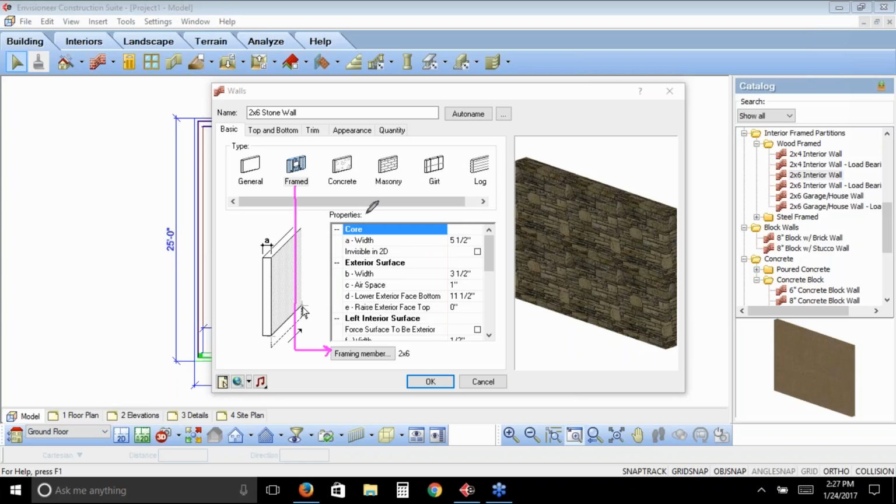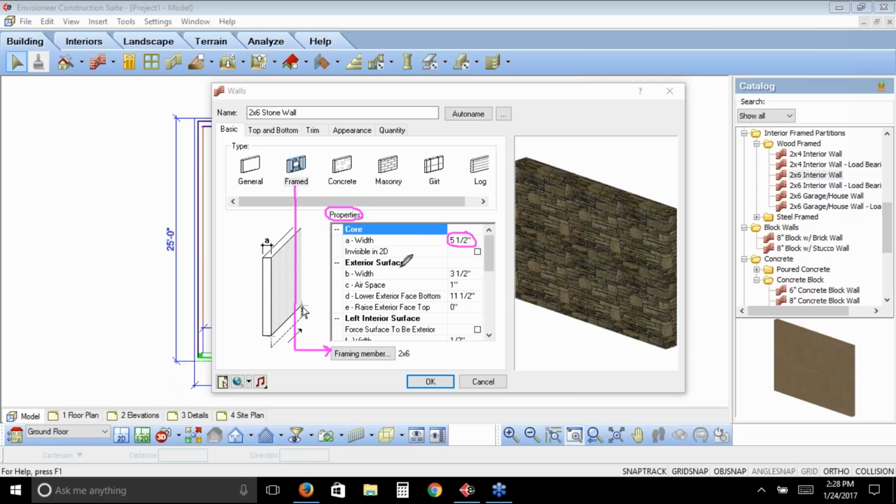When we're looking at plan view of the wall, that's when it's going to look at these properties of the wall itself. So the core width, our stud wall portion of that wall, is going to be 5.5 inches apart. The two lines that represent the core are 5.5 inches apart. You also have the opportunity to make the lines of this wall invisible in 2D. Normally people use that option for dormer walls. They might want to put the dormer in, see the walls in 3D, but they don't want to mess up the look of their 2D floor plans, so they hide them in 2D. So you have that option of any walls you may not want to see in 2D, you can make them